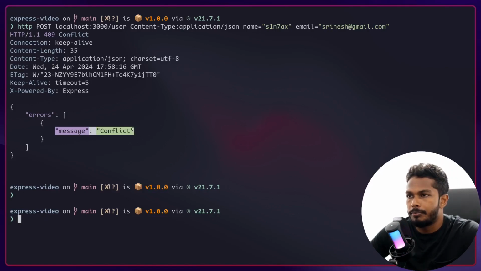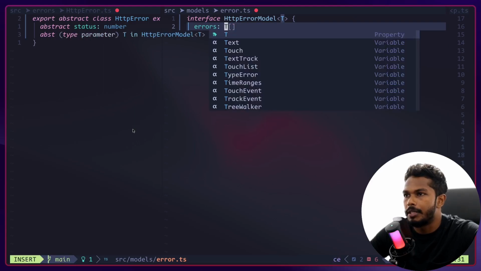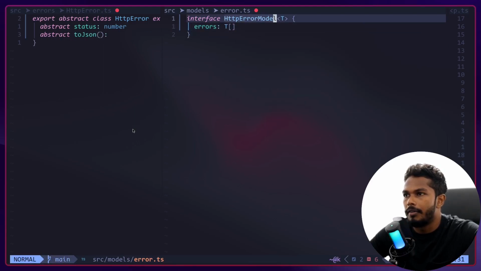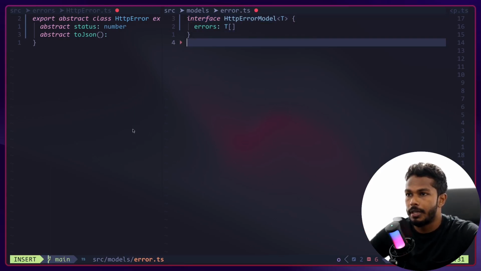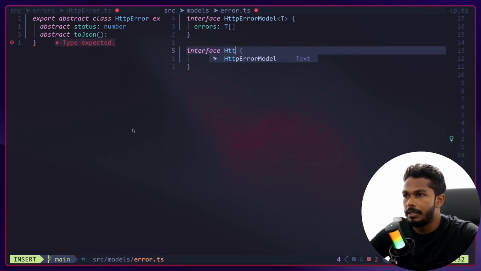So let's have that possibility. I'll make this a generic type T, and it's going to be a type T array. However, we are not forcing this particular type to have message. To do that, I'll do another interface, and I'm going to call it HTTP error